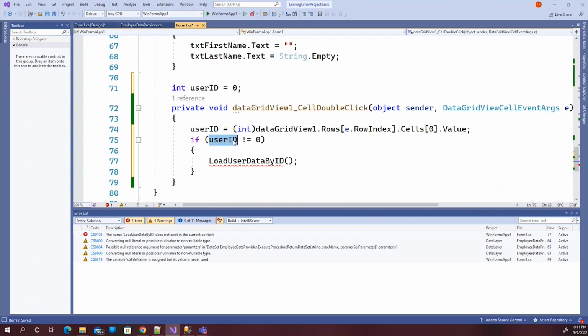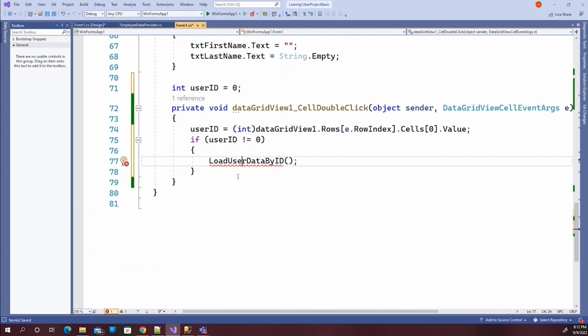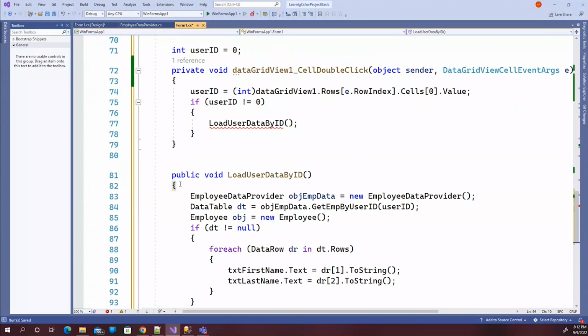And if that user ID is not equal to 0, then I want to get the data by user ID, for which we had created another method. So let's create a method that will call another method of the data provider, which will return the data by ID. So this is the method that I created. What I'm doing is creating an object of employee data provider and calling the getEMP by user ID, holding that value in a data table. And here I'm going to check if the data table is not null,